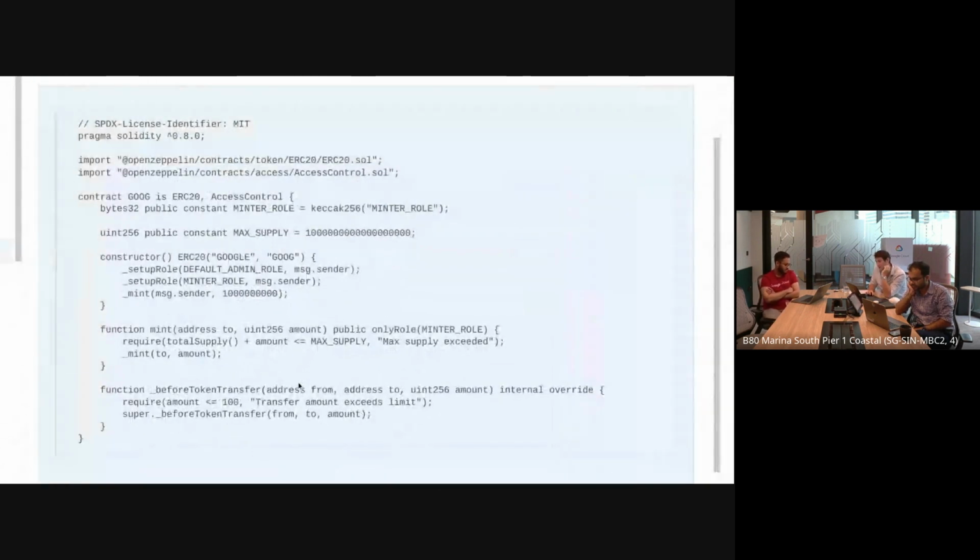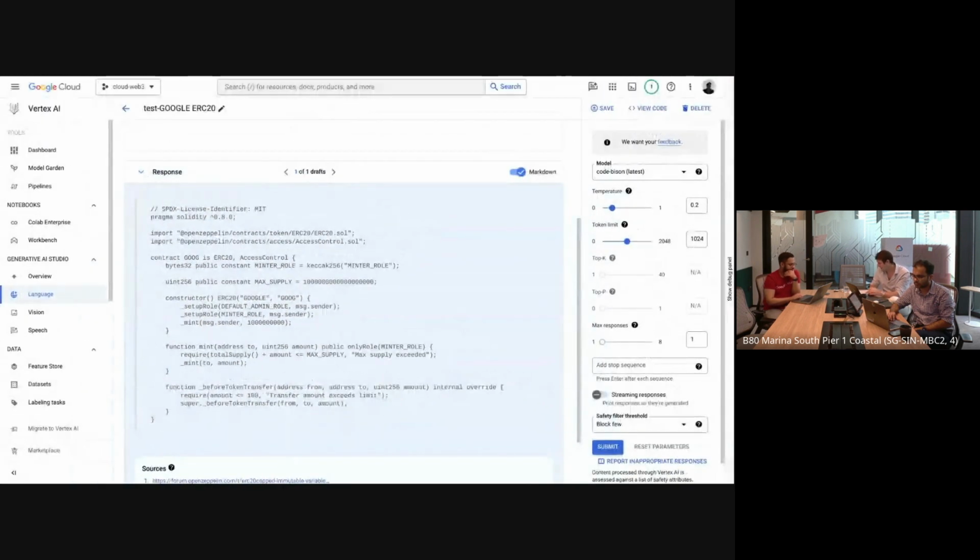And here the result is perfect, right? We see that we have a max supply, so you cannot mint outside of this. You have a mint automatically at the constructor for an initial supply for the owner of the contract. We have the roles, we have everything, right? And so I think this is a very good example that shows